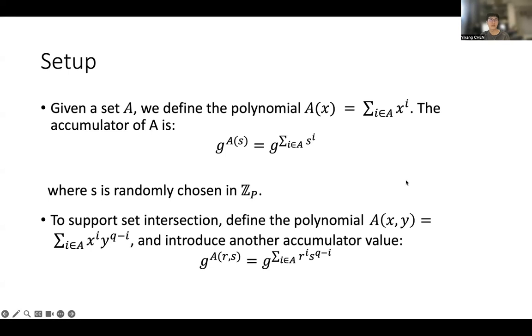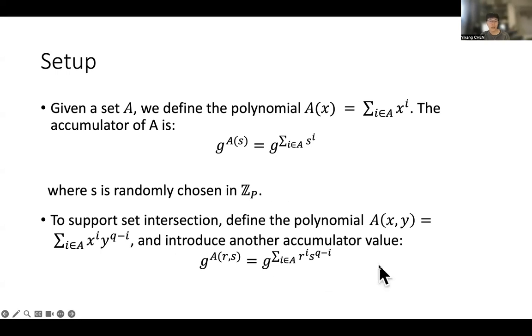The first one is setup. The construction is the same as the intuition we explained before. We use this equation to set up the accumulator of A, which means the digest of set A, and we also need to define the polynomial A(X, Y) and introduce another accumulator value as this.